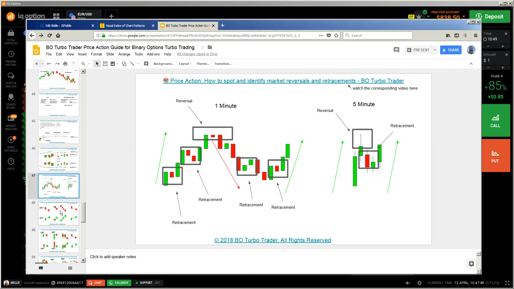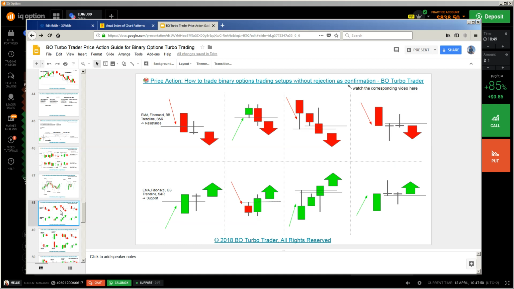So, and now we are going back to this topic of continuation and reversal trades, and here I'm going to demonstrate this to you. This is a continuation trade because the direction of the trend is in the direction of the trade. This is a reversal trade because the direction of the trend is in the opposite direction of the trade. That kind of setup you have to trade in a trending market, a strong trending market, and that kind of